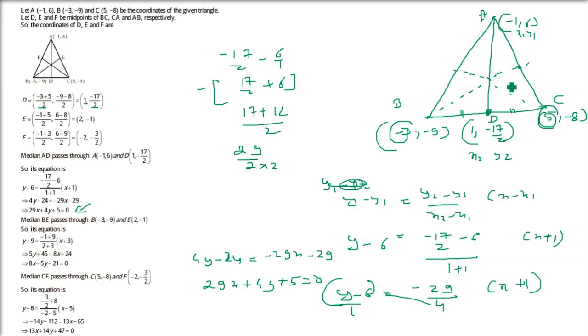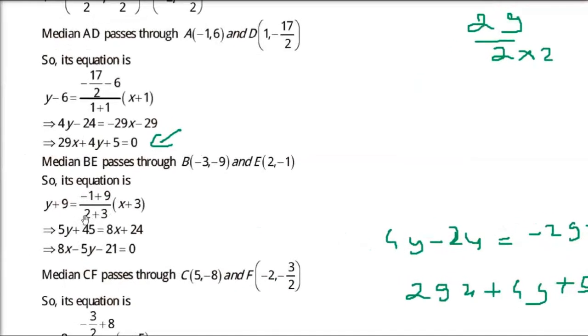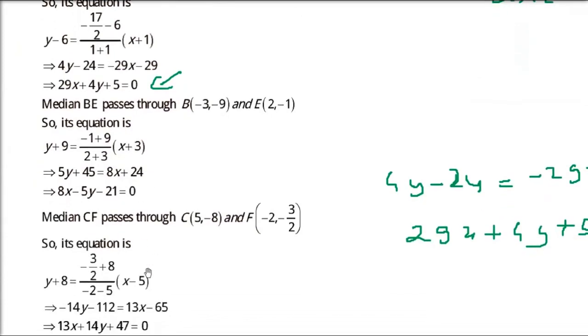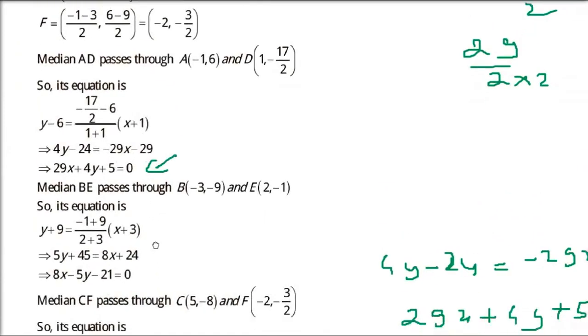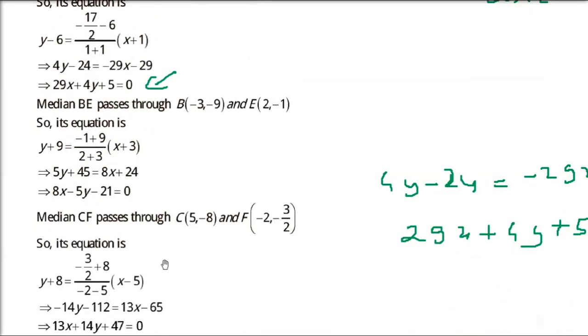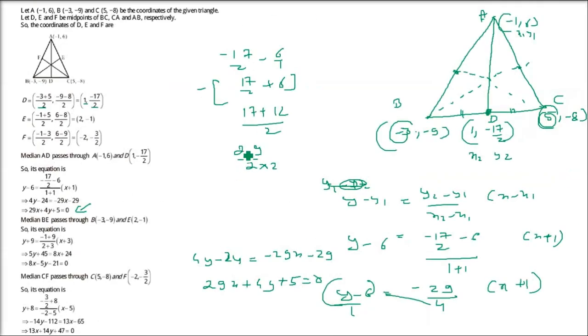Midpoint you have to find out. This is the point and now you can make the line. Midpoint of AB and then you can make a line through C, 5, -8. So I just elaborated it so that when you solve it you don't find any trouble. So this is how we are going to go about it.